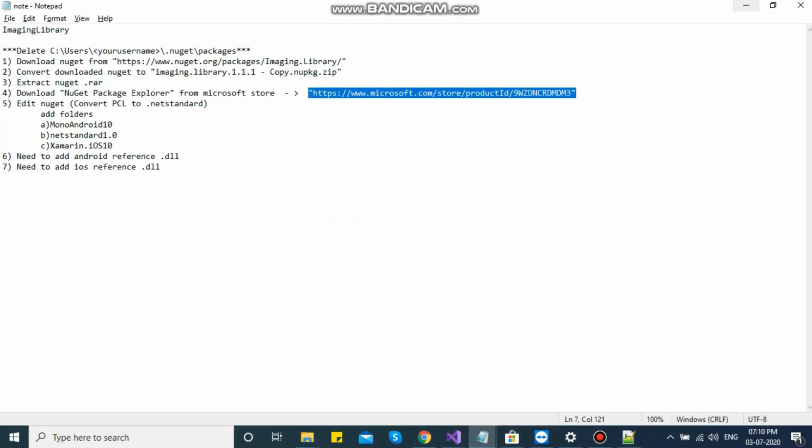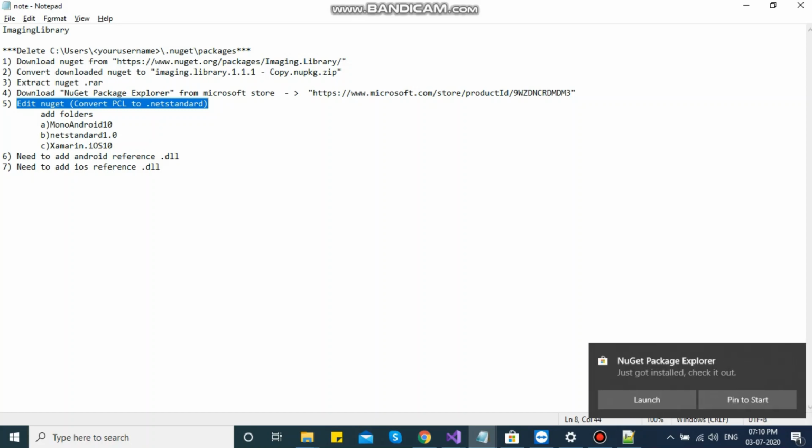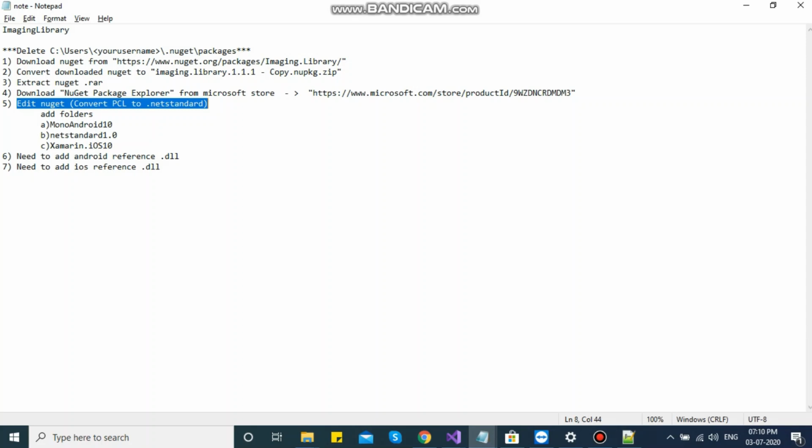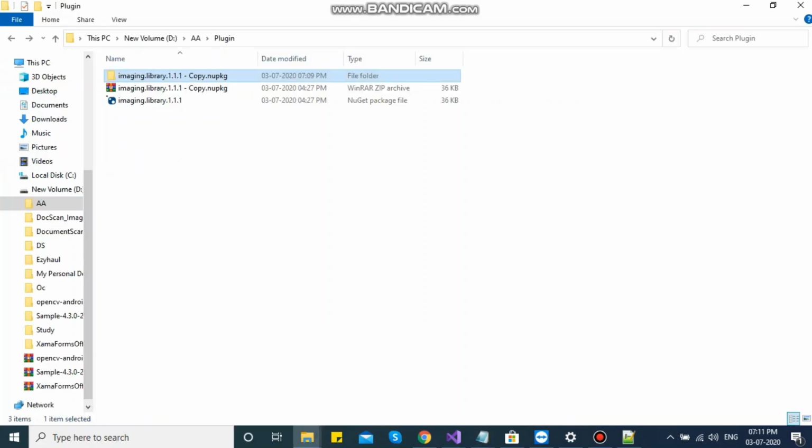Now next step is you need to edit the plugin, because that plugin is a PCL plugin, because the owner of that plugin has not converted his plugin to .NET Standard, so we will do that. You can see in the detail you need to add the 3 folders. Okay, so we'll start editing that plugin by double click.